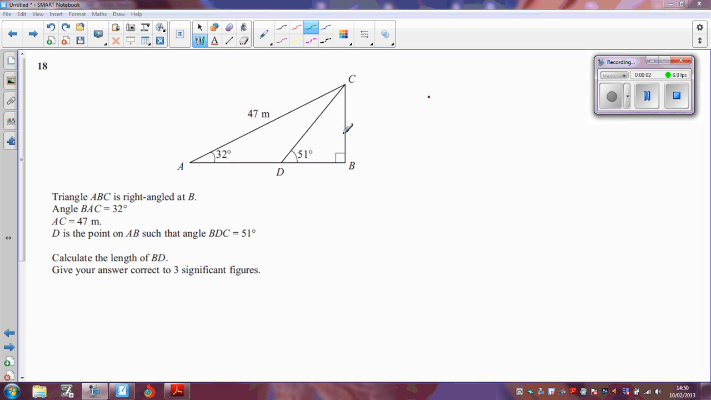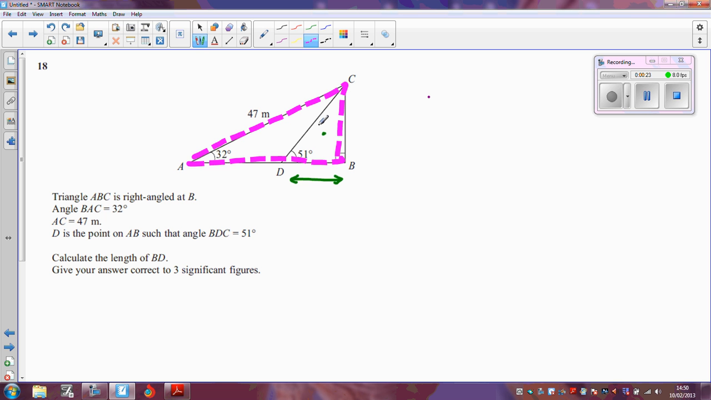Okay, a trigonometry question here, and I'm asked to find the length of this side, BD. The only problem is, if I look at this triangle, the triangle CBD, this one here, I only have an angle in that one, so I can't actually use this triangle yet. What I can do, though, if I look at the whole big triangle, so let's look at the entire thing,